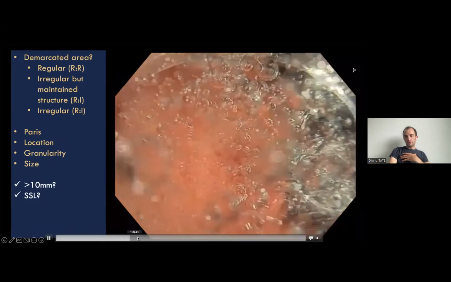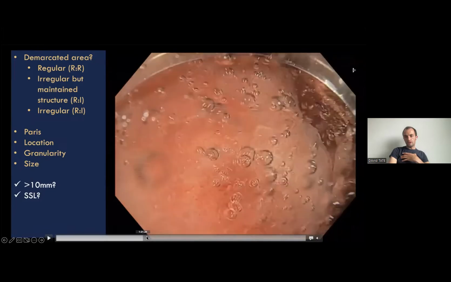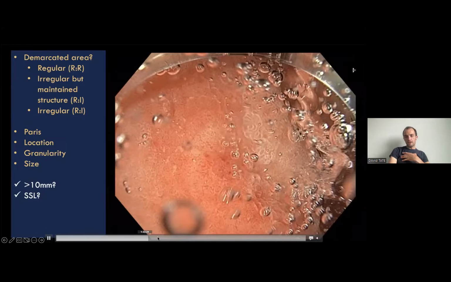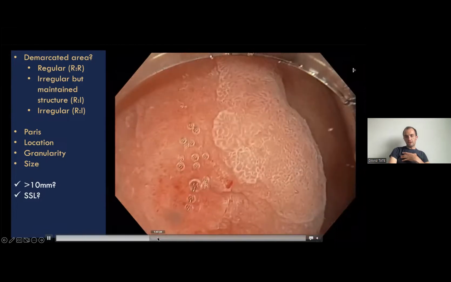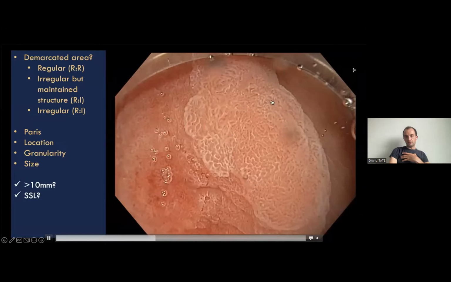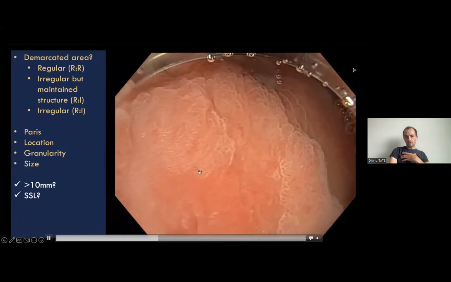So we can use water for that. You can use water and a cap if you're not sure. And here we see it. So now we start to see it nicely with white light. And then as you go in closer, maybe you can clearly see the edge of the normal looking polyp. So this certainly would be a regular structure. And then here you can see the abnormal area.